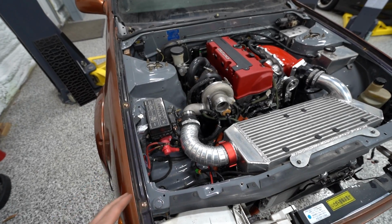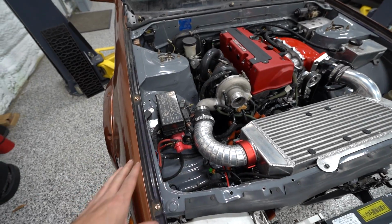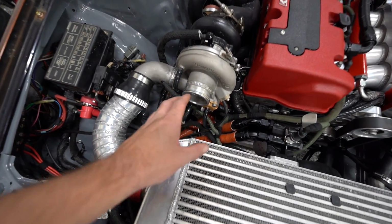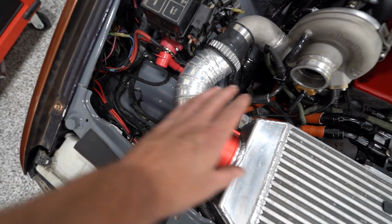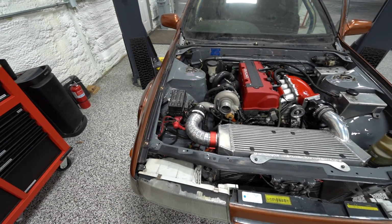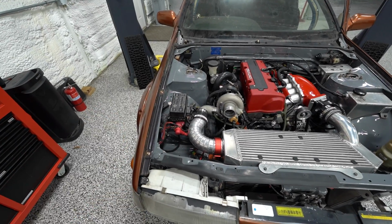Now, when we built this car originally, I was adamant on keeping the battery in the front. I want to change my inlet setup to the turbo, and the only way to do that is to open up some space over here to run it over this way. Just one of those things, we gotta do what we gotta do. We gotta go with the rear battery, but we're gonna do it right,